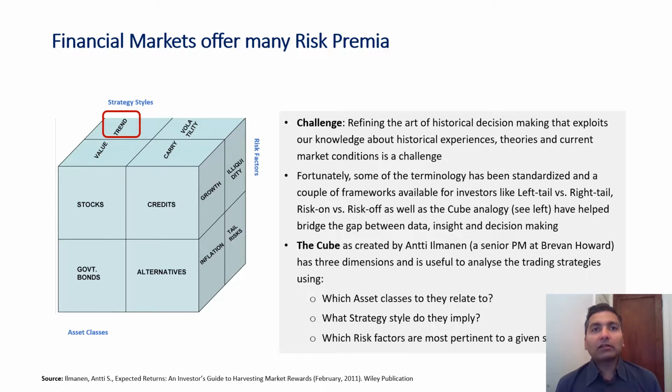It thinks of strategies in terms of three different dimensions. One of them is asset class, whether it is equities or credit bonds or government bonds. The second dimension is styles, which is about things like trend following or value or carry and volatility. The third dimension is risk factors, which is effectively an overlay, whether it is about growth, tail risks, illiquidity, and